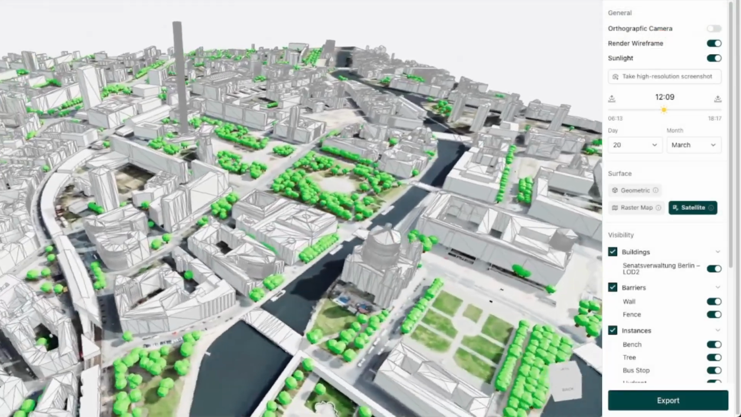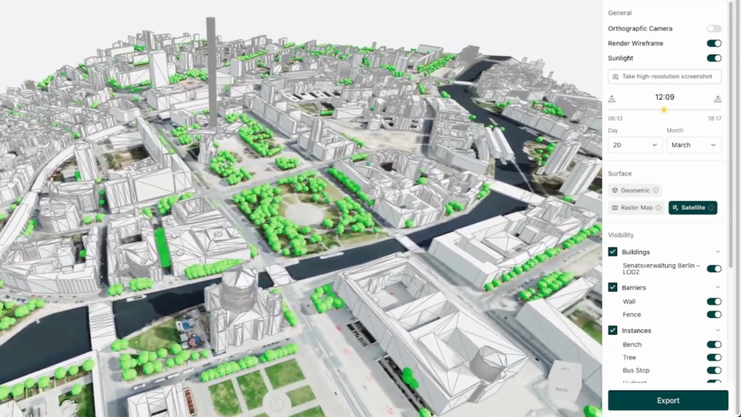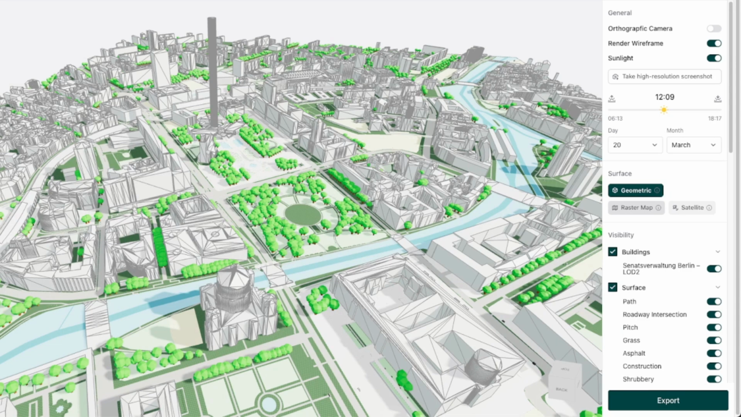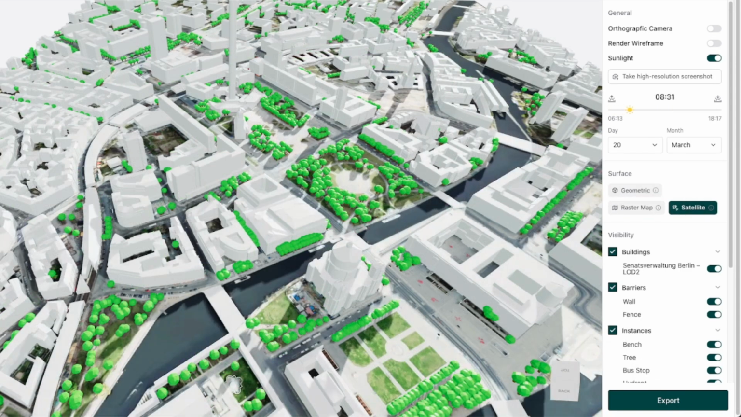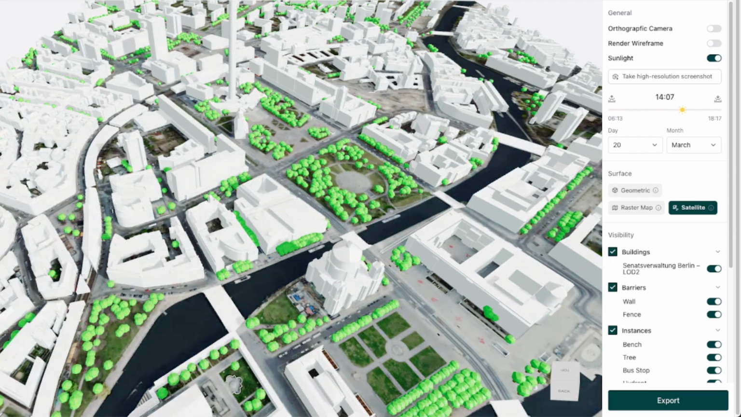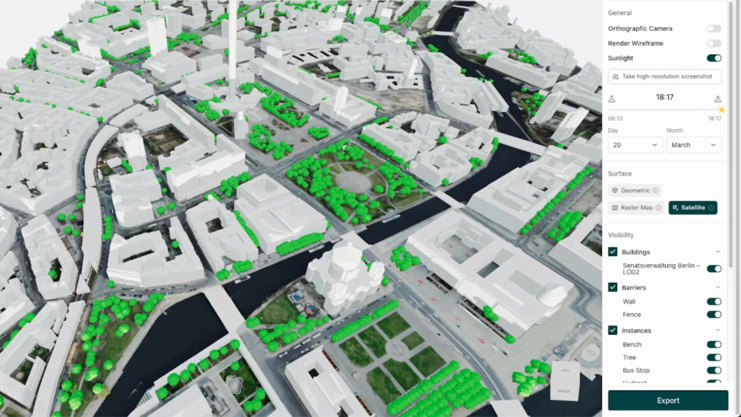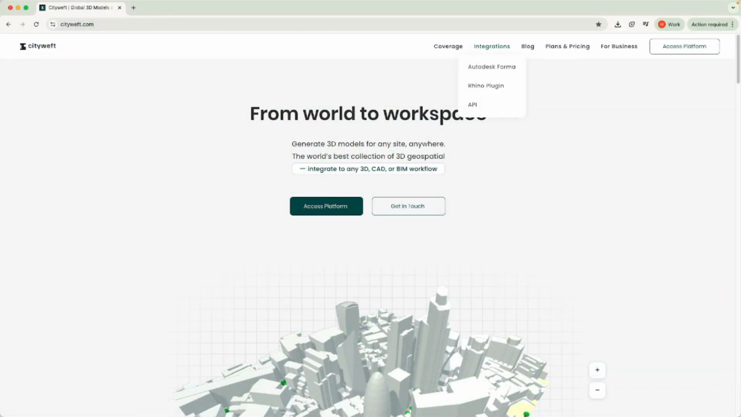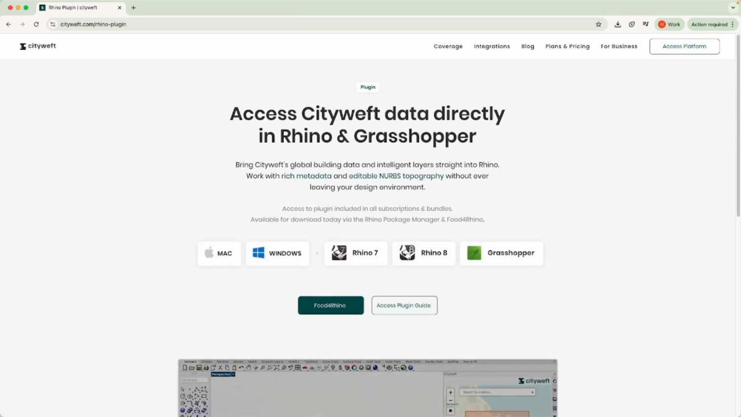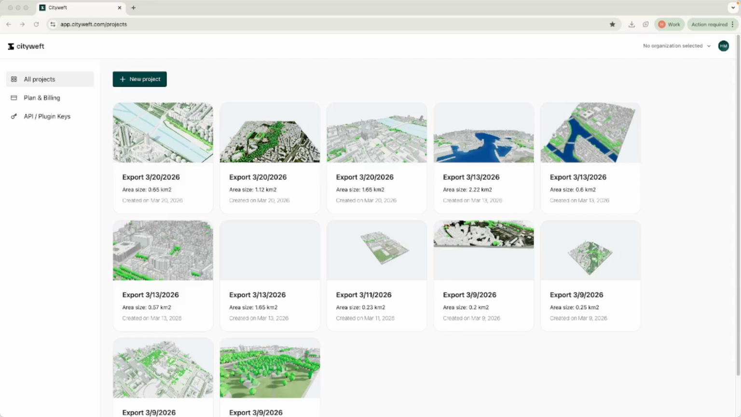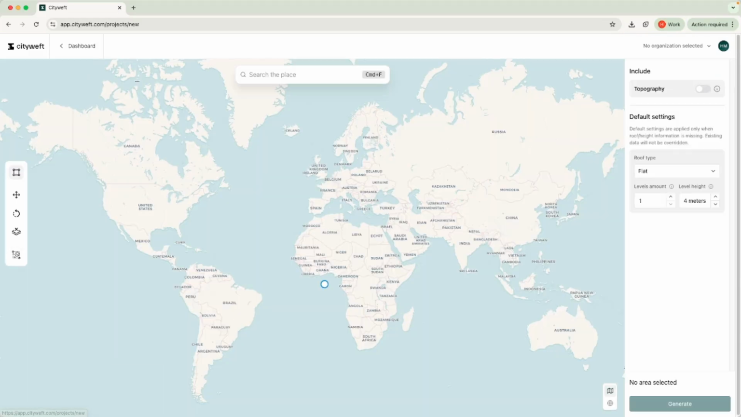Cityweft models combine data from over 100 sources to create models that are highly accurate and actually usable in your CAD or BIM software. Let's have a look at how to get Rhino models from the platform. For Rhino, you actually have two options. You can either get a model from the Cityweft platform or directly in Rhino via a plugin, but we'll start with the platform. Once you're in the platform, click Create New Project, and this will take you to the map